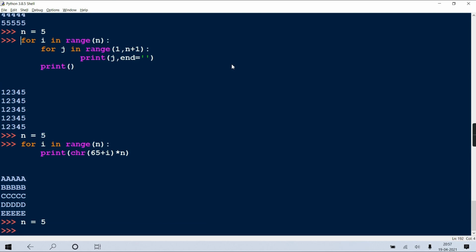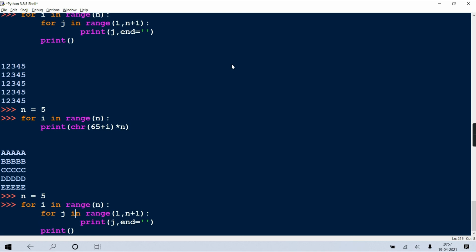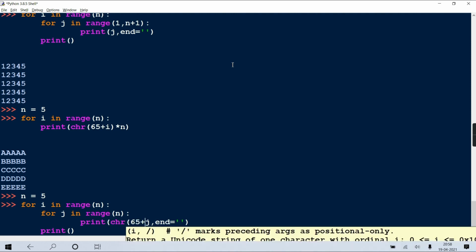Same nested loop, only the difference is that instead of j going from 1 till n plus 1, you can take j also till n only. Means j will also go from 0 till n minus 1, i also 0 to n minus 1. And here, instead of printing j, print chr of 65 plus j.